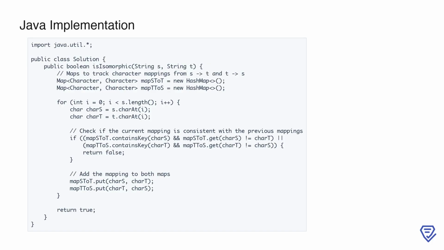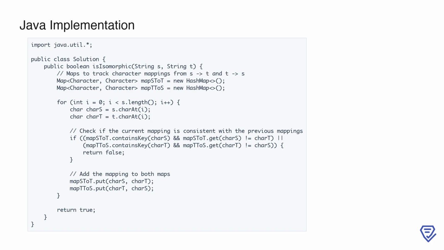The logic mirrors the Python solution, using two hash maps to maintain mappings between characters of the two strings in both directions. Java-specific features like explicit type declarations and the Map interface are utilized. The algorithm iterates through both strings simultaneously, ensuring the mappings are consistent, and returns true if the strings are isomorphic,